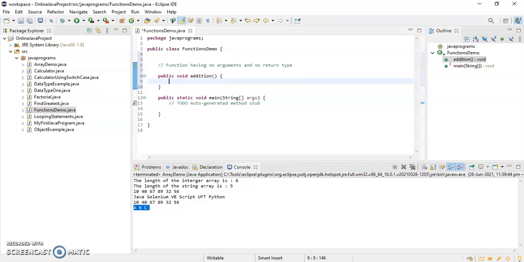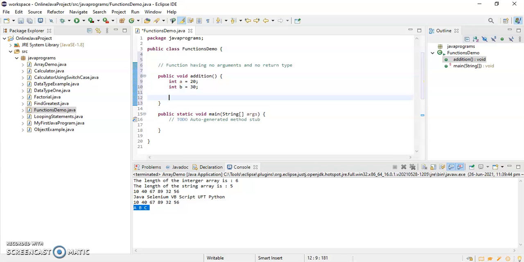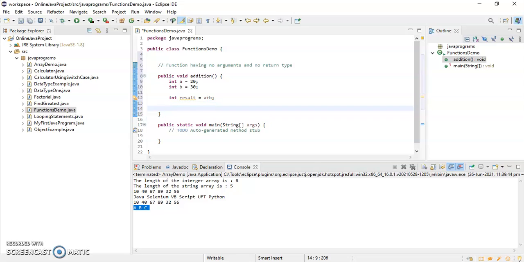So I'm just writing here, say int a is equal to say 20 and int b is equal to 30. Okay, and int result is equal to a plus b. Okay, and I'm just showing the result, system.out.println.